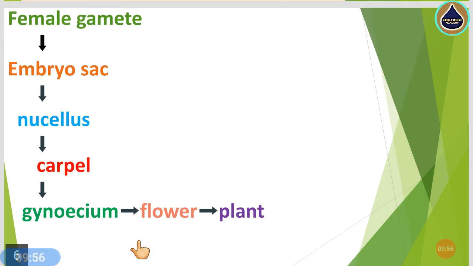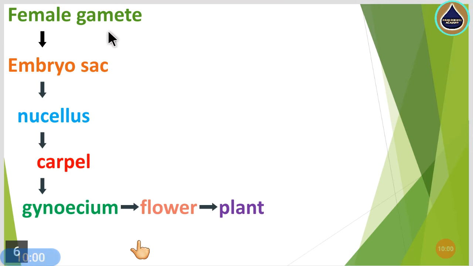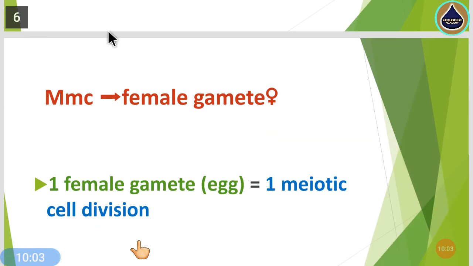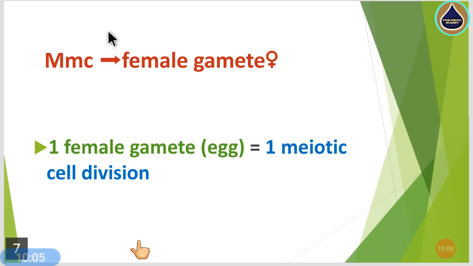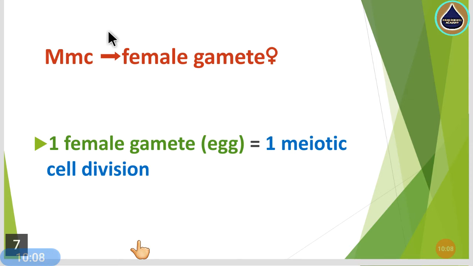So likewise, the other requirement other than the male gamete is a female gamete, and I have tried to explain about this female gamete here in this lecture. Now we'll see how many cell divisions are needed for the formation of the female gamete. As we have seen in the male gamete formation, one meiosis cell division is needed for the 4 pollen grains, meaning for the four male gamete formation from the PMC, pollen mother cell. Now we'll see how this female gamete is formed.